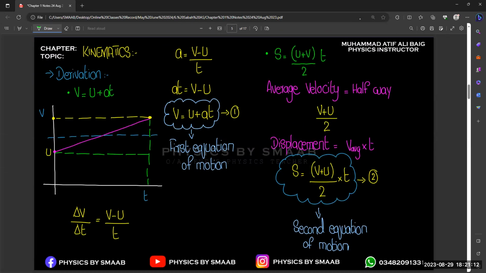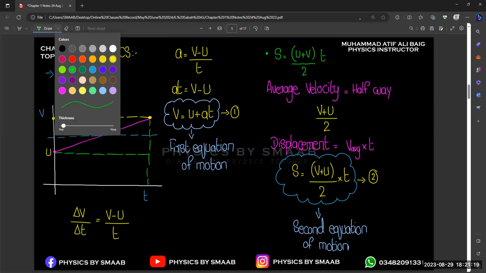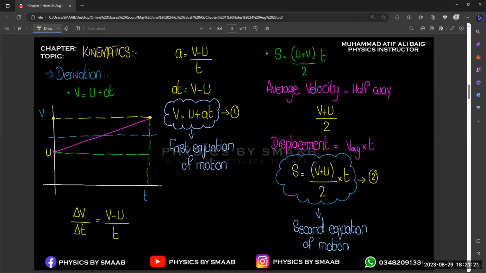So basically there are two shapes. One is the right angle triangle and the second one is the rectangle. If we consider the rectangle part, it shows the initial velocity with respect to time, because initially the body is at rest, right? If we consider the rectangular part, that will give you the concept of u multiplied by t. Why? Because we know that s is equal to velocity multiplied by time. So basically if we need to find out the distance,